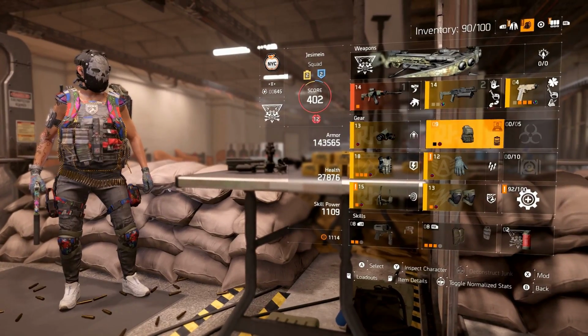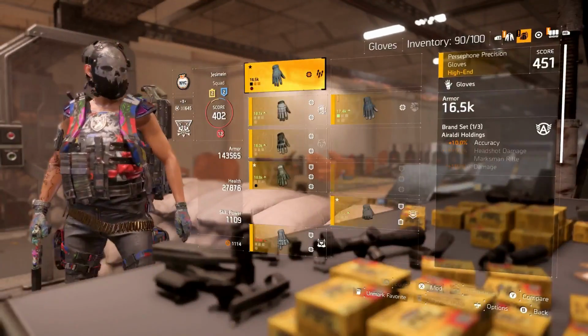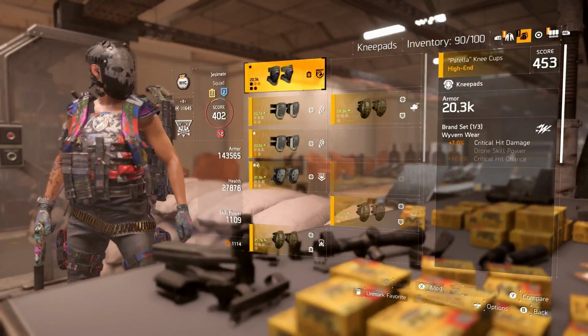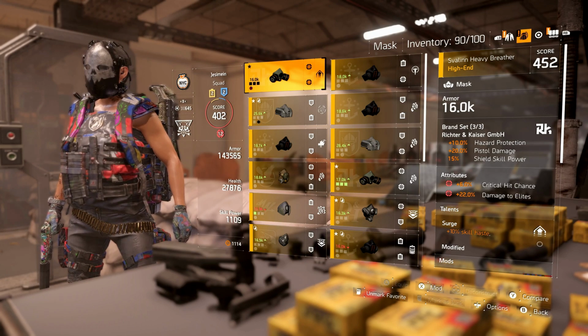You can see right here, I'm going for one, what is that? I forgot the name of this. Alp Summit, Araldi Holdings, and Wyvern. So, going into the mask, you can see right here, I have critical hit chance and damage to elite with